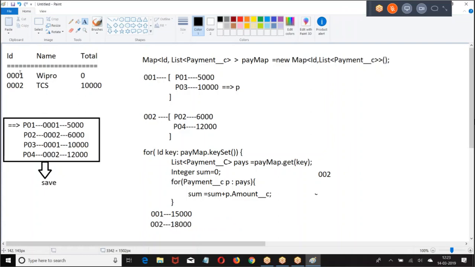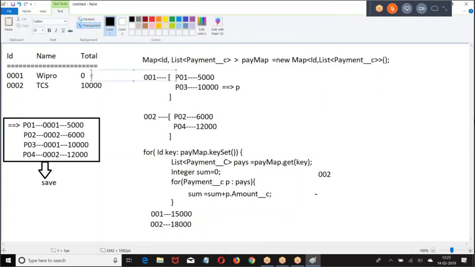So finally, for the 0, 0, 1 account, 15,000 is the new payment. For the 0, 0, 2 account, 18,000 is the new payment. What should I do? I should say 0 plus 15,000, 10,000 plus 18,000.